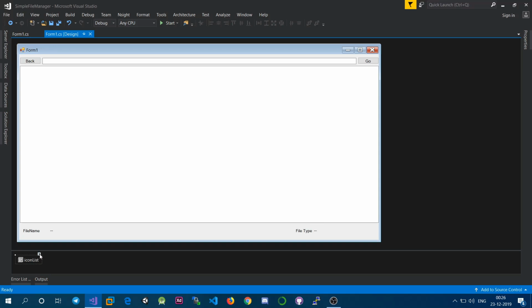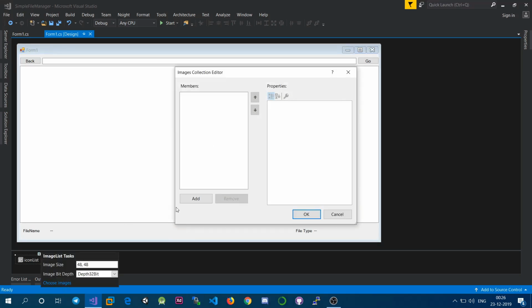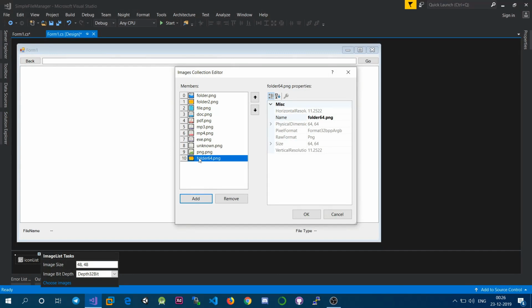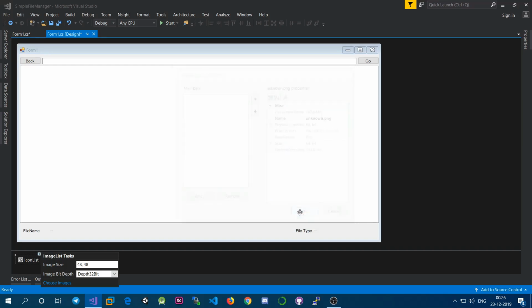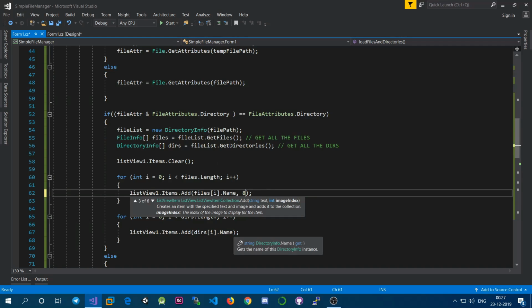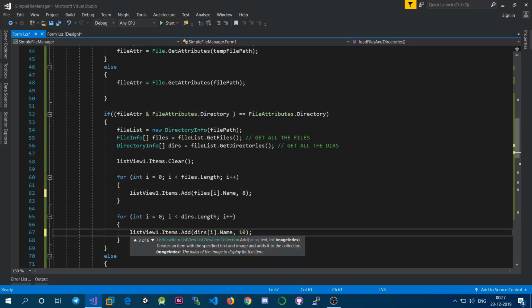For this I have an icon list which we'll be using. I have downloaded a few icons for a few file types. If you just notice, 10 is the index specified for the folder icon, and for the file, let's say every file is currently an unknown type, so it's the 8th index. If you look into the parameters of this add method, you actually have two types of add methods. One is just the text which you will be displaying here, and along with that you can also specify the index. So if it's a file, we saw the index was 8 and for a folder it was 10. So now if you run it,